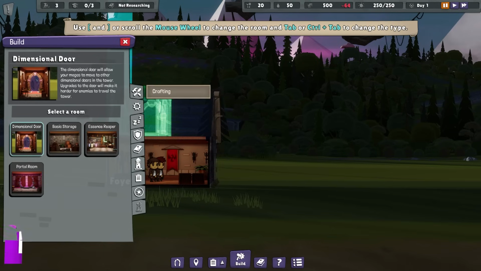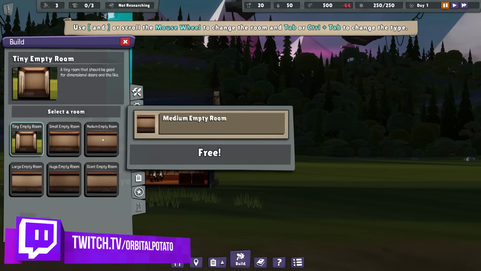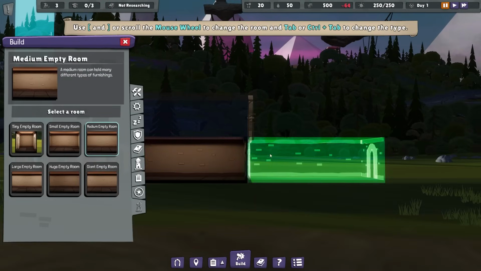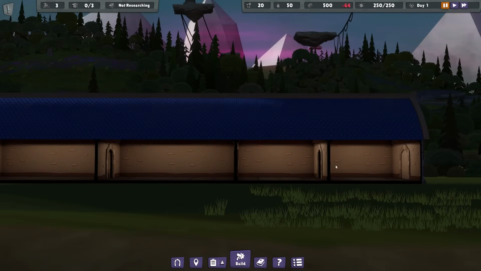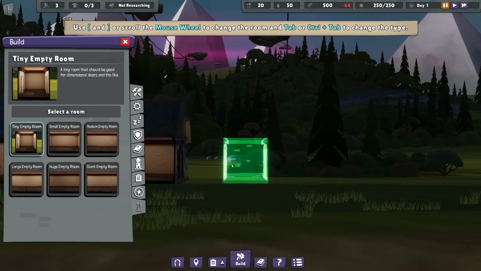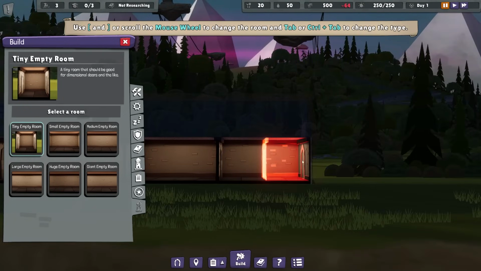Now, there's a few other things that I would like to get built. I'd like to build some empty rooms just at the bottom here. There we go. Small empty room. Let's build a few small empty rooms as well. It is quite important that we build ourselves a tiny empty room. We can build a tiny empty room. Can't build it on that side. Gonna have to build it